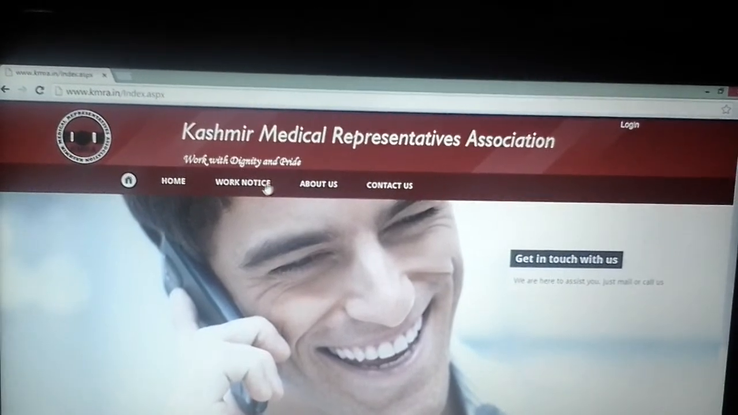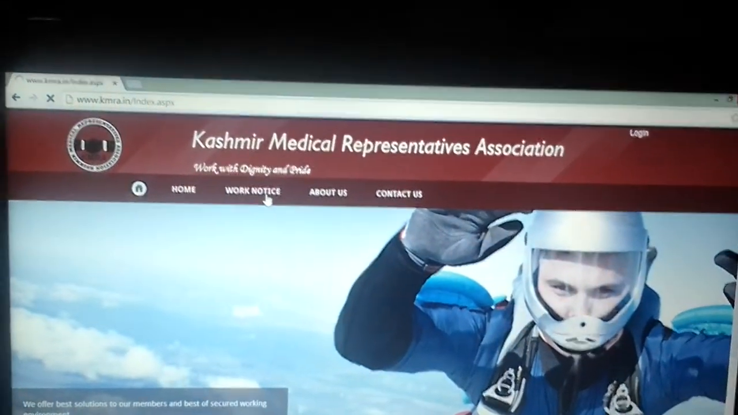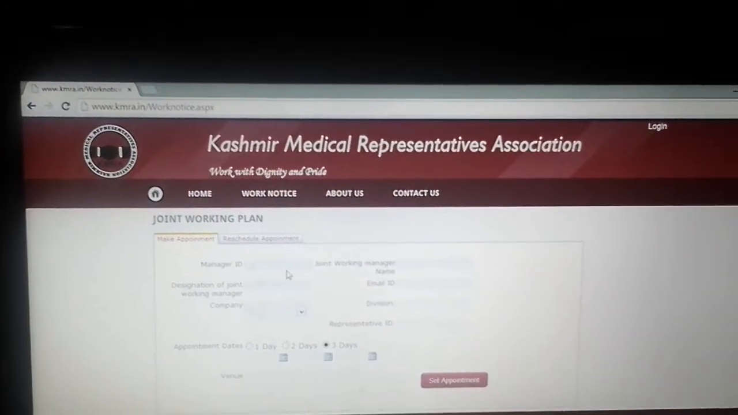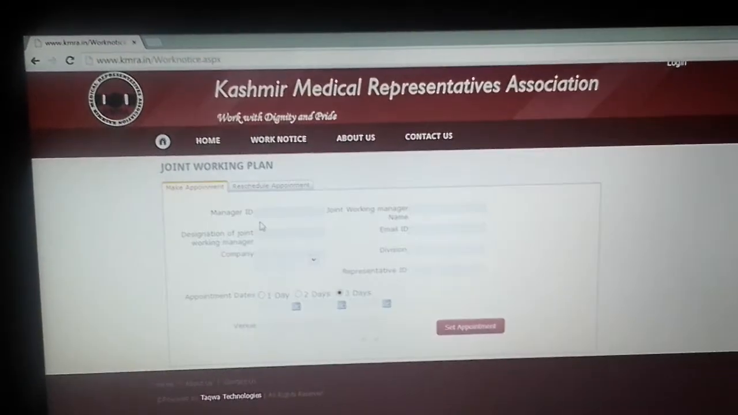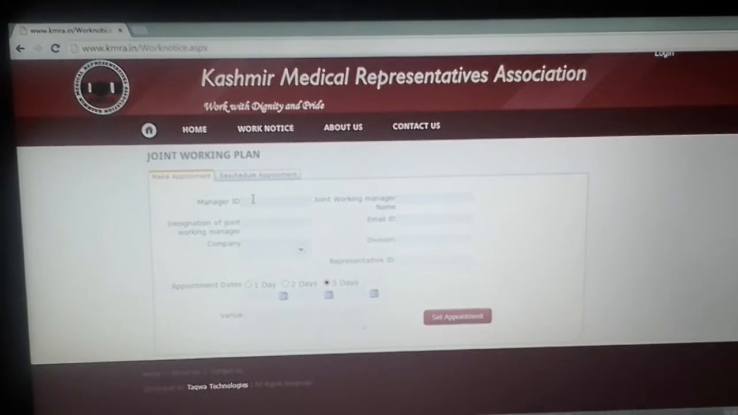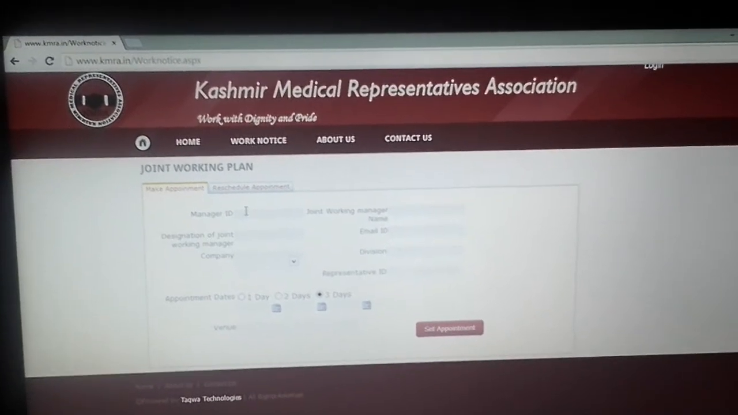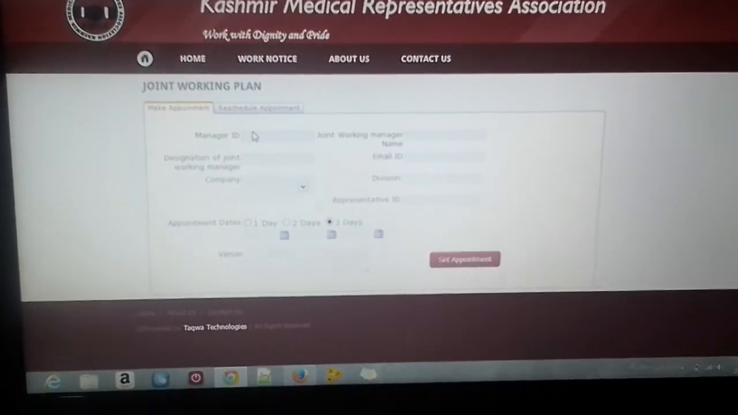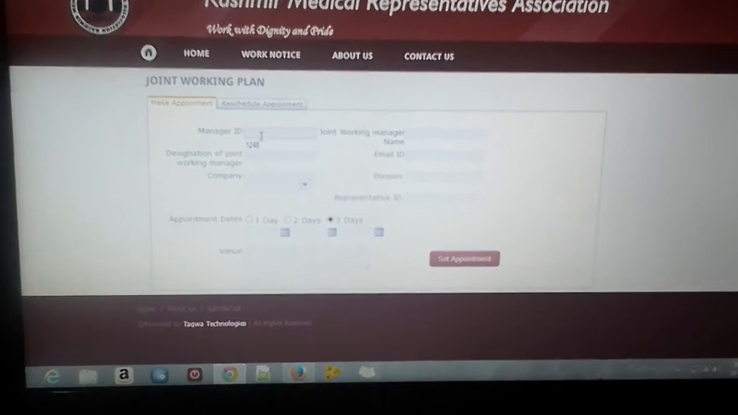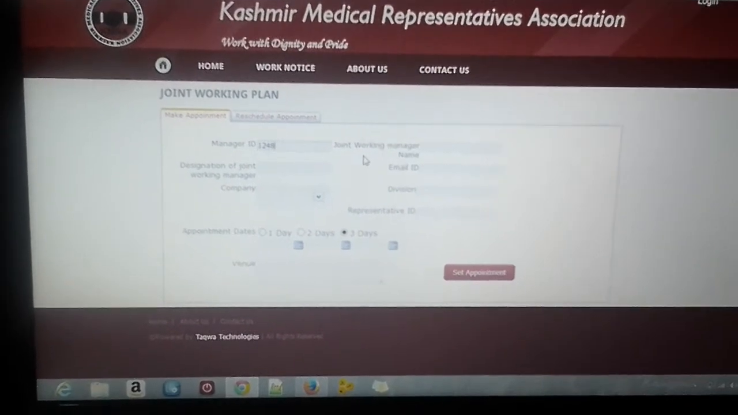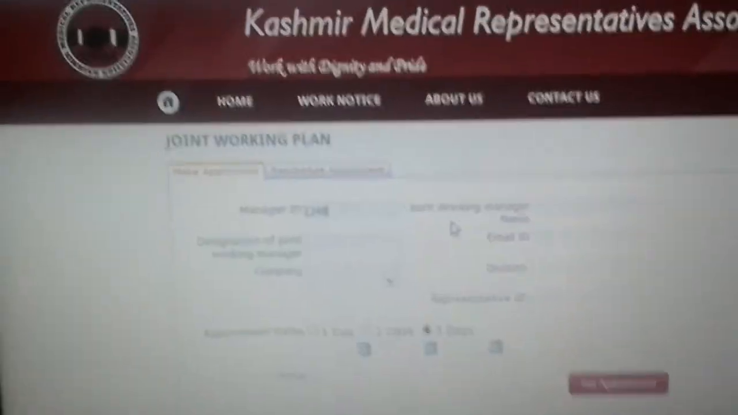To give working notes, the manager clicks on this working notes tab. A new page will be displayed, and there are certain options which the manager has to fill. Here we have created certain IDs for testing. Suppose we are giving this manager ID in the manager ID tab,